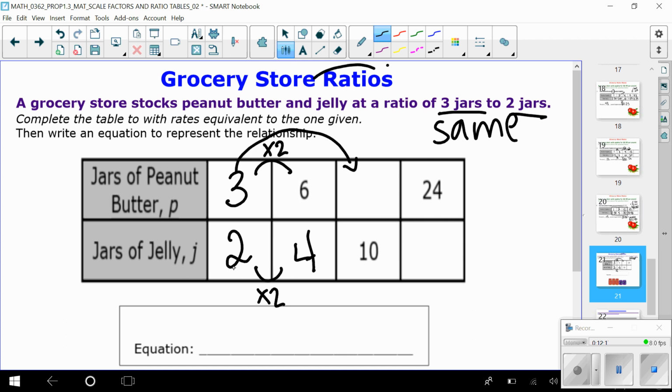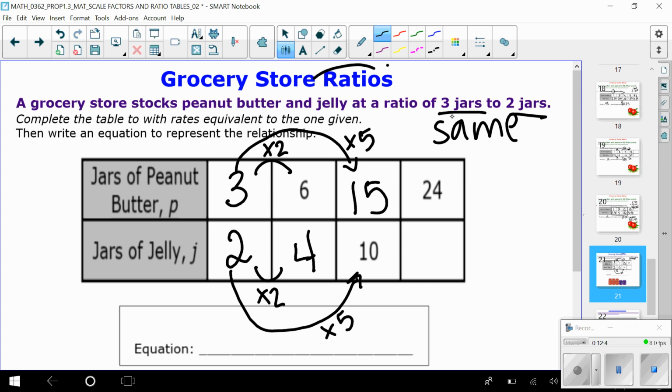There's a scale factor. 2 to 10. Well, what can I multiply 2 by to get 10? Yep, that's right, 5. So I'm going to do the same thing up here, times 5. And what is 3 times 5? Well, that would be 15. So that means for 15 jars of peanut butter, I could eat, or maybe I'm hungry, I could have 10